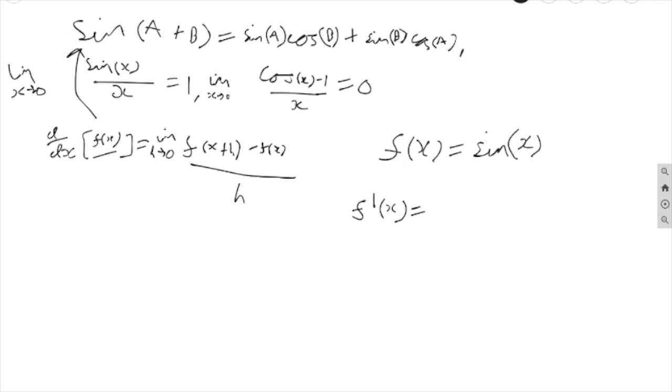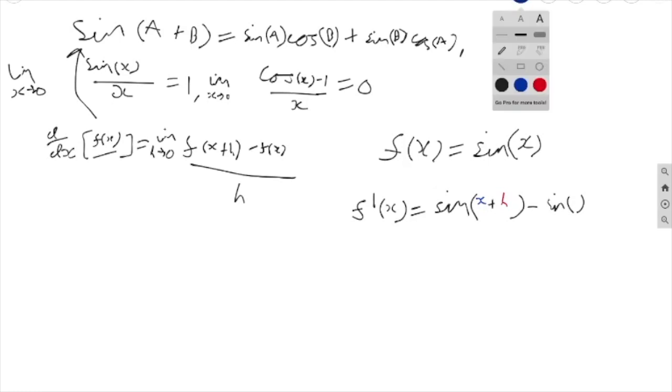Therefore, f prime of x is f of x plus h over here, and therefore let's call this sine of x plus h. From that, we're going to minus our function of x, which is sine of x, and we're going to divide the whole thing